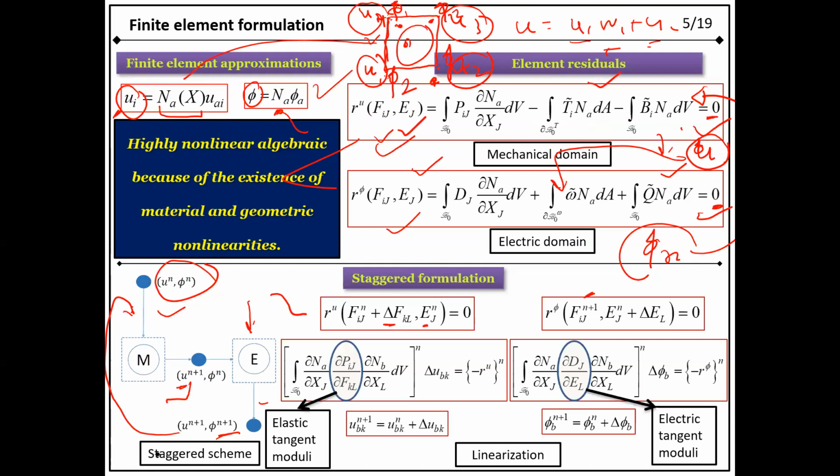Now there are some other questions. What will be the value of this p here? How will you obtain that p for a particular material? Although you can have the value of shape functions, or this is an external one, the question is how you can obtain the p. In order to obtain the stresses, we will have some constitutive relations, relating stress to strain, and strain is related to the displacement. Similarly, electric displacement is related to the electric field, and electric field is related to phi.